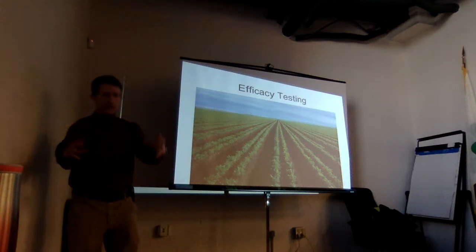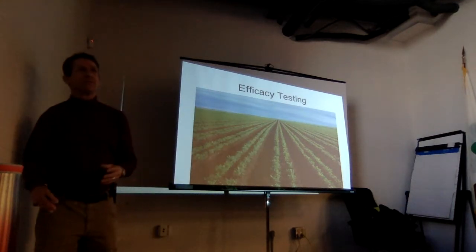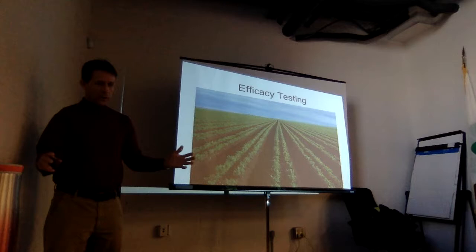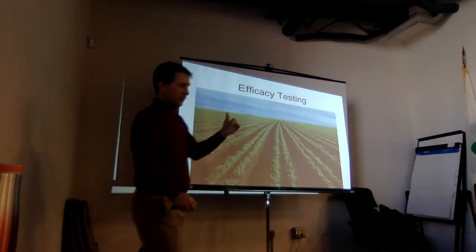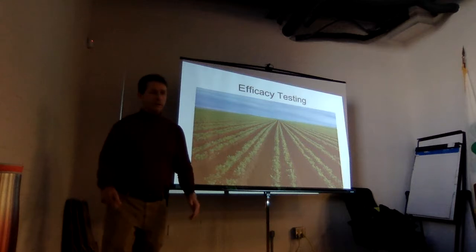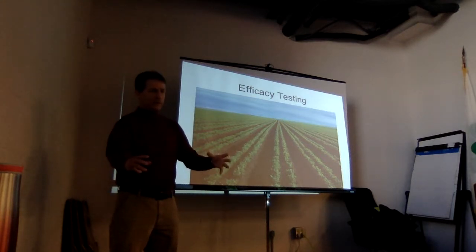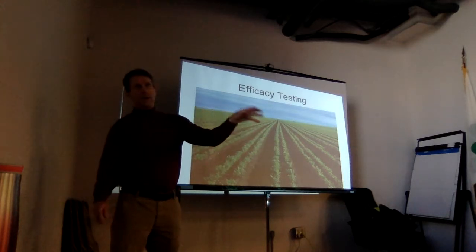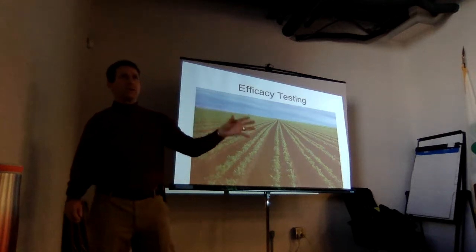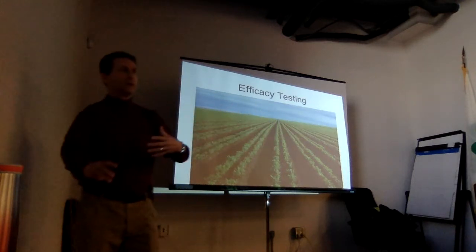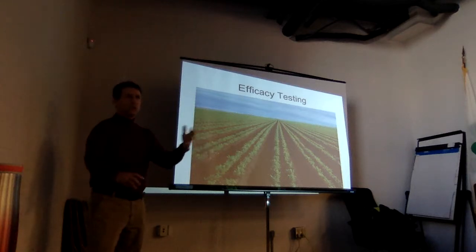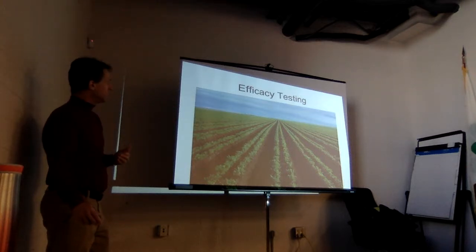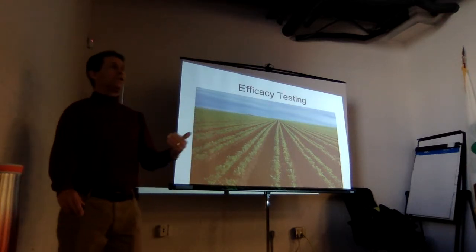It happens in these little tiny blocks where, I mean, you know how research works. If it's a product and they're trying to see will it work on a certain pest on squash, then they'll plant 16 10 by 10 blocks of squash, and they'll test different rates and leave an untreated, and it'll be a blind experiment. So the people collecting the data don't know which was treated, which was untreated, and all that kind of stuff. So that's the efficacy testing in the field, just trying to get to the question of, does it work on